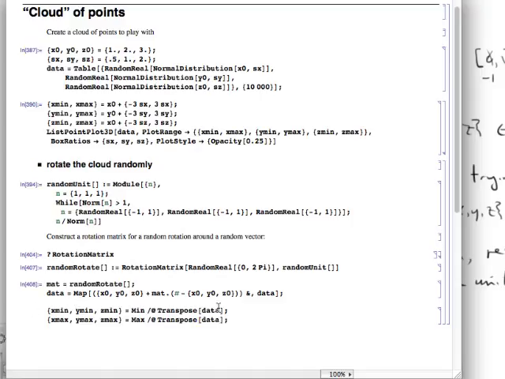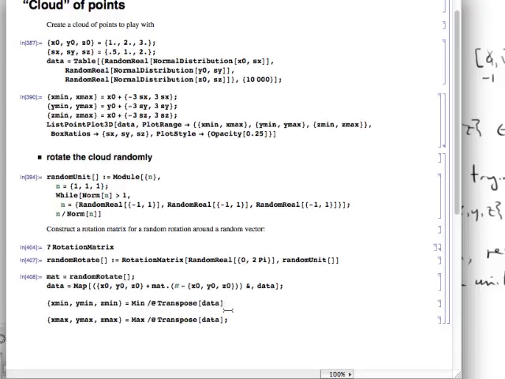So data is a list of triples. Transpose of data is the long list of x's, and then the long list of y's, and then the long list of z's. If I take min mapped onto that, then what I will get is the minimum of the x values, comma, the minimum of the y values, comma, the minimum of the z values,